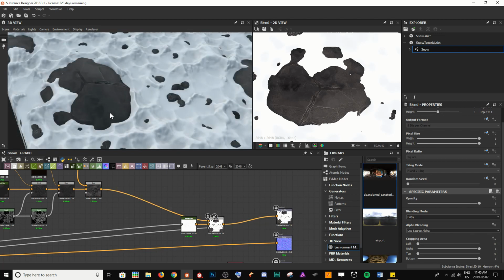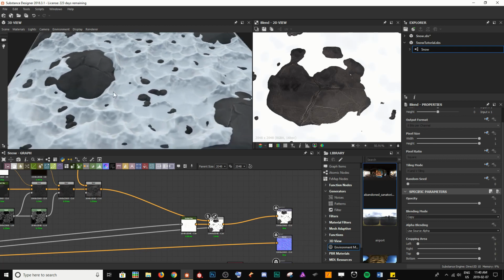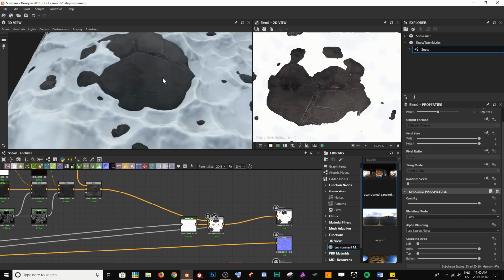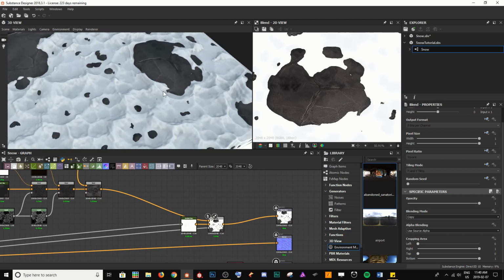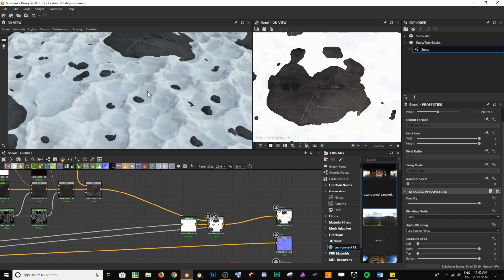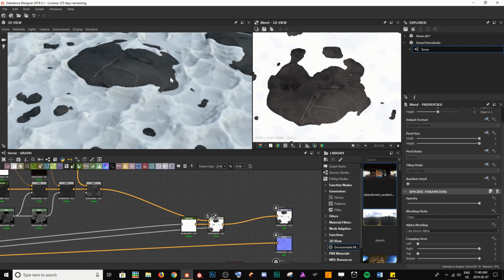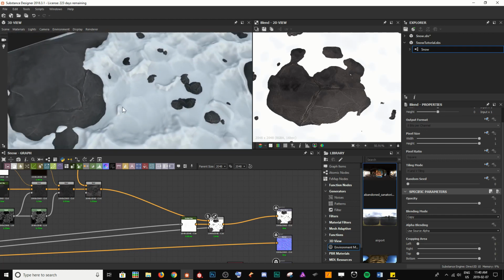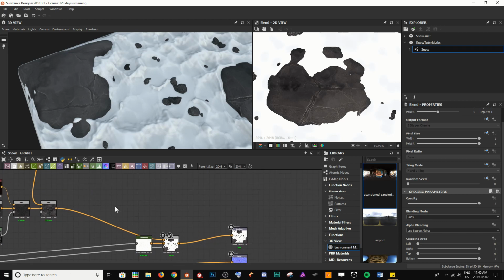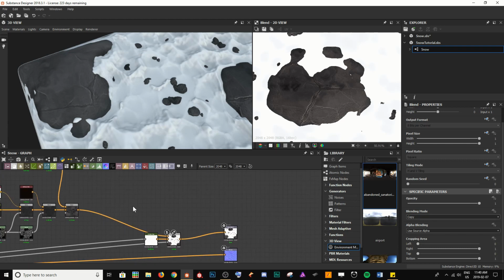Now, the final thing I want to do with the snow is I want to make it look like it's been washed up and over some of our rocks, because right now it just looks like we've taken these rocks and plopped them down on the already existing snow, which really wouldn't be the case. The snow would have blown over and up top of the rocks, and there'd be a lot more snow over our rock formations here. So we're just going to add another filter that's going to allow us to play around